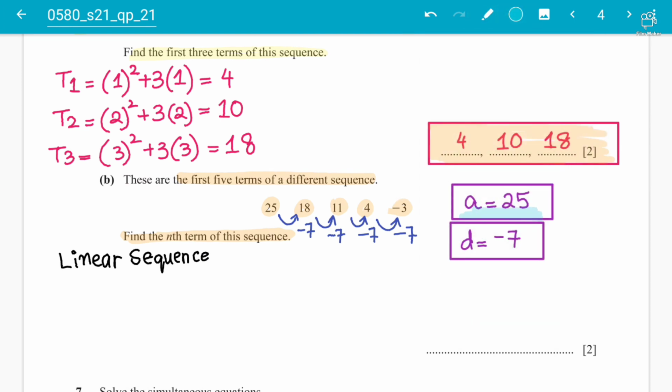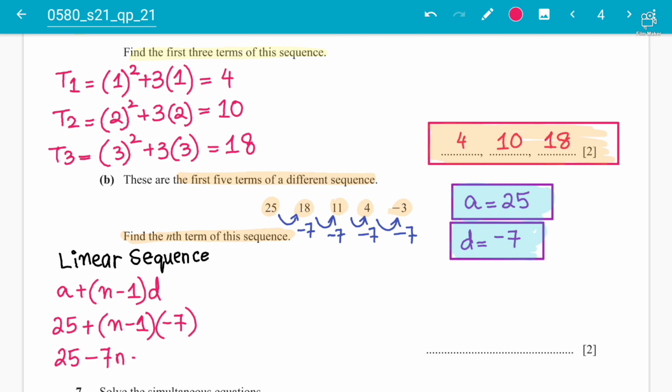Once you get these two values, the first term is called a, so a is 25 and d is equal to negative 7. You already know the nth term formula: a plus n minus 1 times d. So here we go, a is 25 plus n minus 1, d is negative 7. We started the lecture with this, and this is how you simplify it. It will be 25 plus 7 minus 7n, so it will be 32 minus 7n,